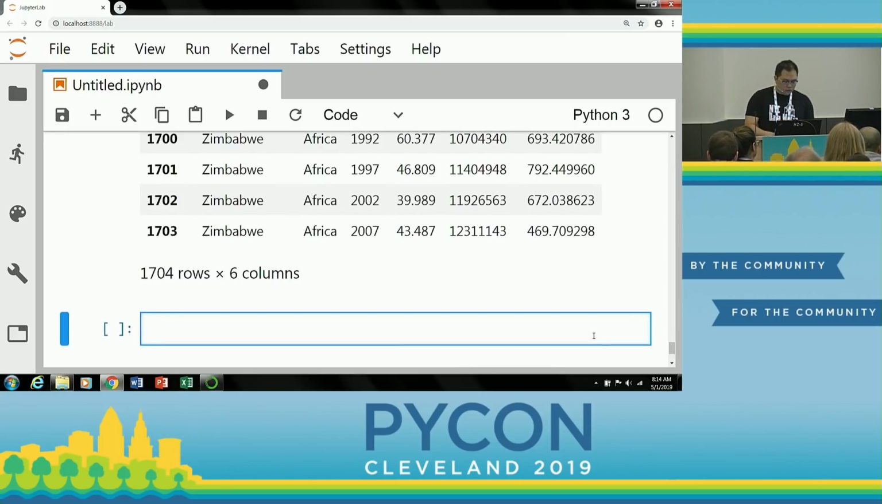Another thing that you'll see really often in working with Python libraries is this notation of import,